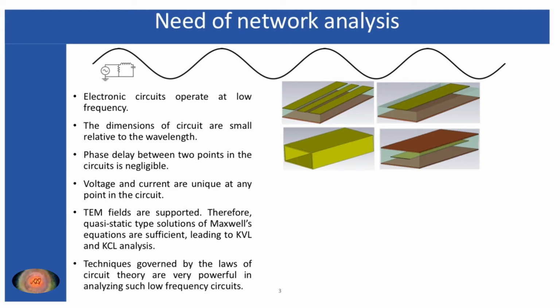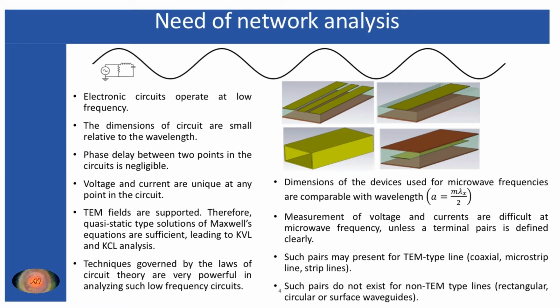But the scenario changes for high frequency signals such as microwave, because at microwave frequencies the operating wavelengths become comparable with the device itself. You have seen earlier when I discussed the rectangular waveguide that the dimension of the rectangular waveguide is equal to an integer multiple of half of the operating wavelength. So you can easily see that the wavelength becomes comparable with the dimension of the device, which was not the case for the low frequency circuit. The wavelength was very much larger than the circuit we are using.